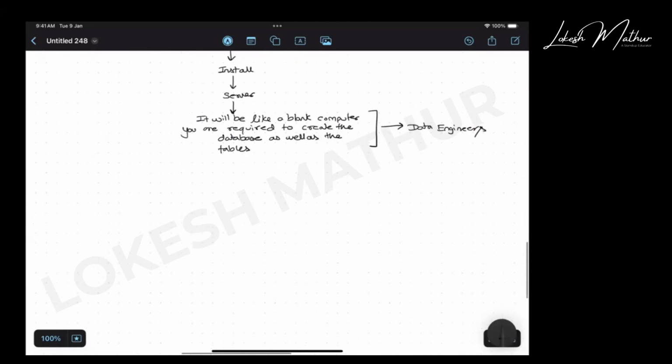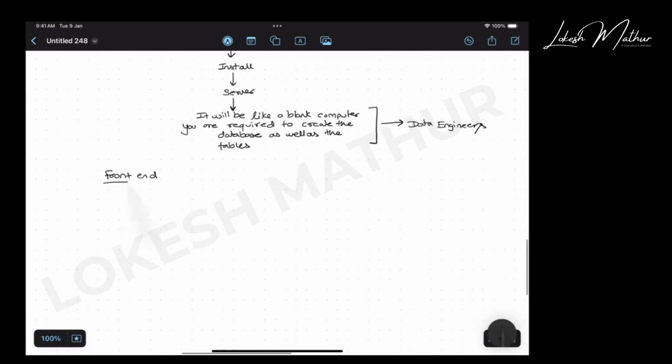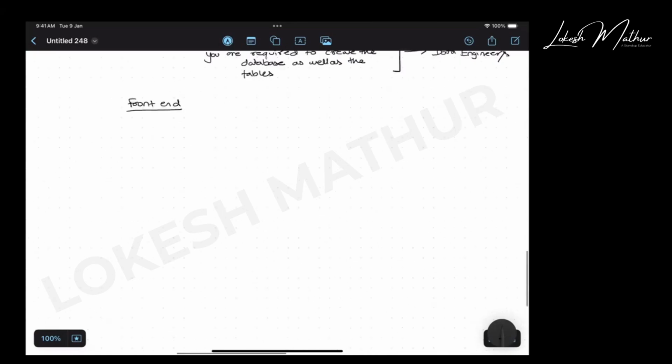So there is something known as a front end and there is the database. Now, what is the front end of Zomato? Zomato application, right? Which you guys are using. That is the front end. That is something which is accessible to all of you. This is the Zomato app.